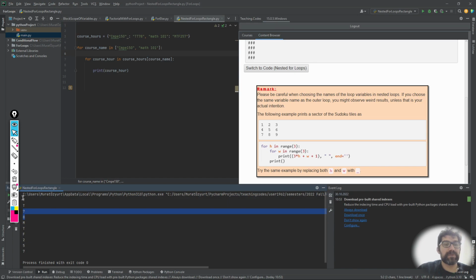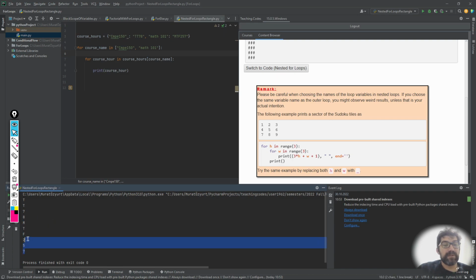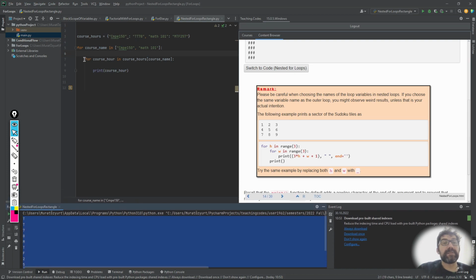So we want to first check the day of the week and the hour, and then we have 3 days for maths and 3 hours. So this is one way of interpreting this nested loop, but the loop variables need to be different from each other. If you have something like this, print course name here,